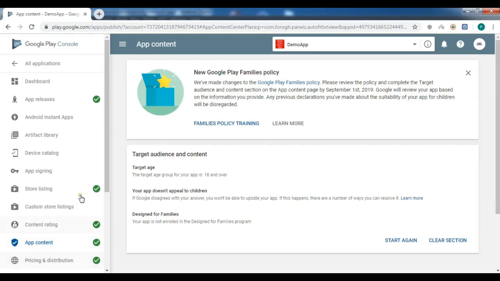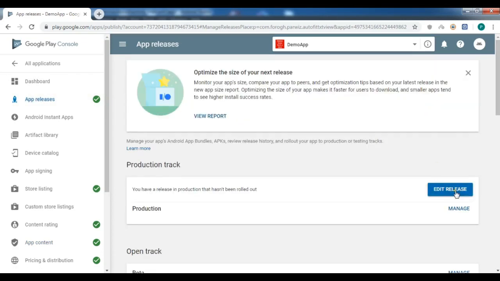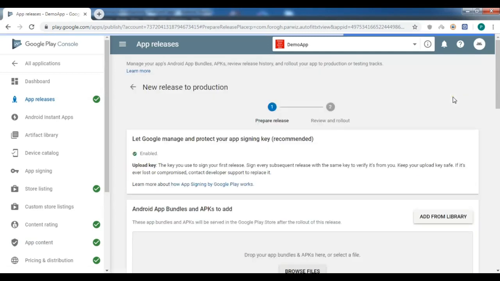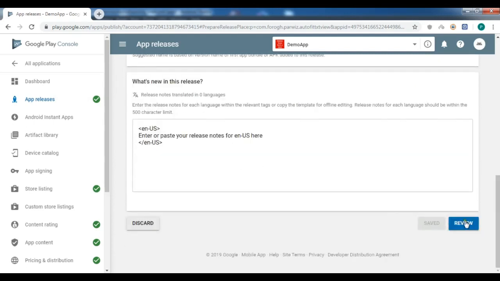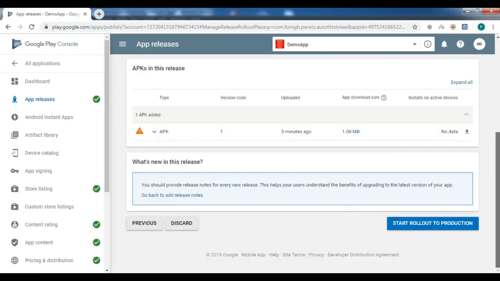Okay, now you can see the 5 processes have been completed. Now the last one, so these are all drafts, so we haven't published our application yet. For this you need to come back to the app release, and you need to go to edit release, and after this you need to come down and click on review, and start rollout to production. So if you click on this, your application